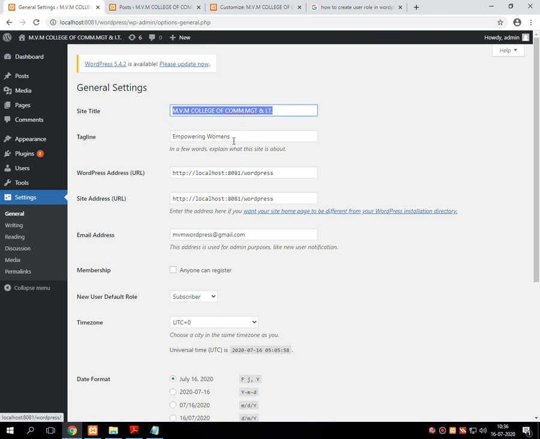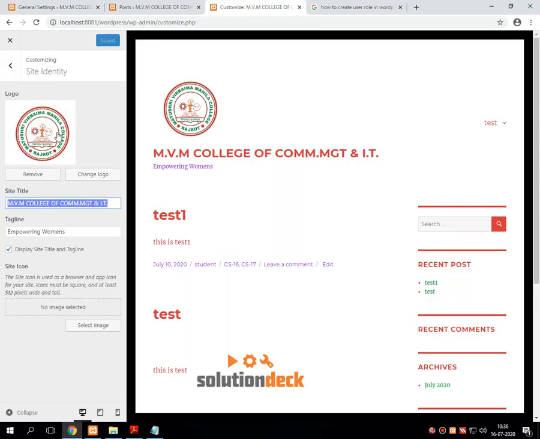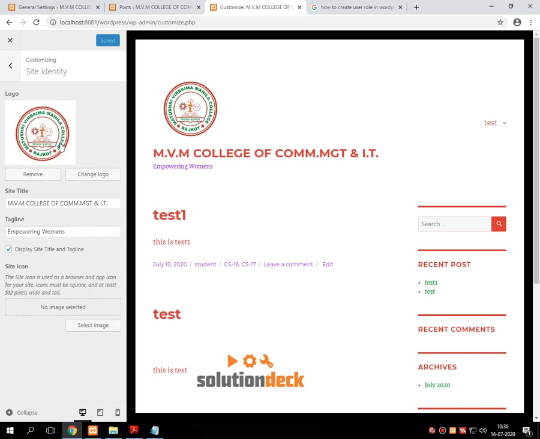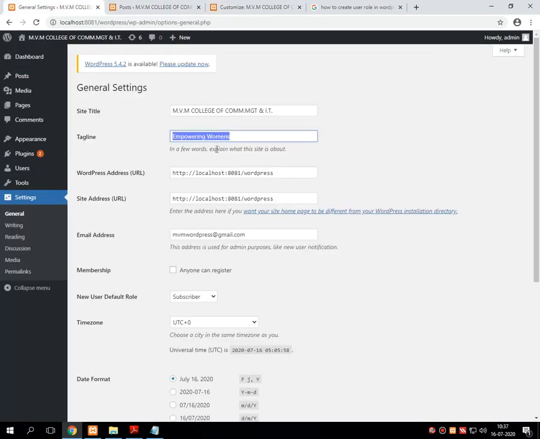Same as the title, we can also change the tagline by the site identity option in the customization of the website, which can be done directly using this second line.